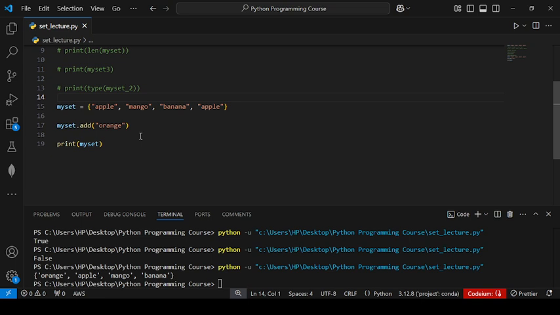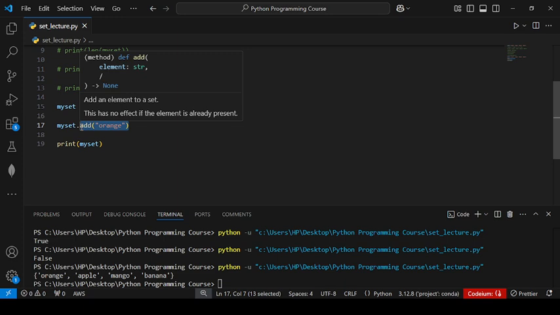If I want to add an iterable to a set, we can use the update method. I will show you here. I think you remember I used the extend method when adding a list into a list, but in case of a set we use the update method.